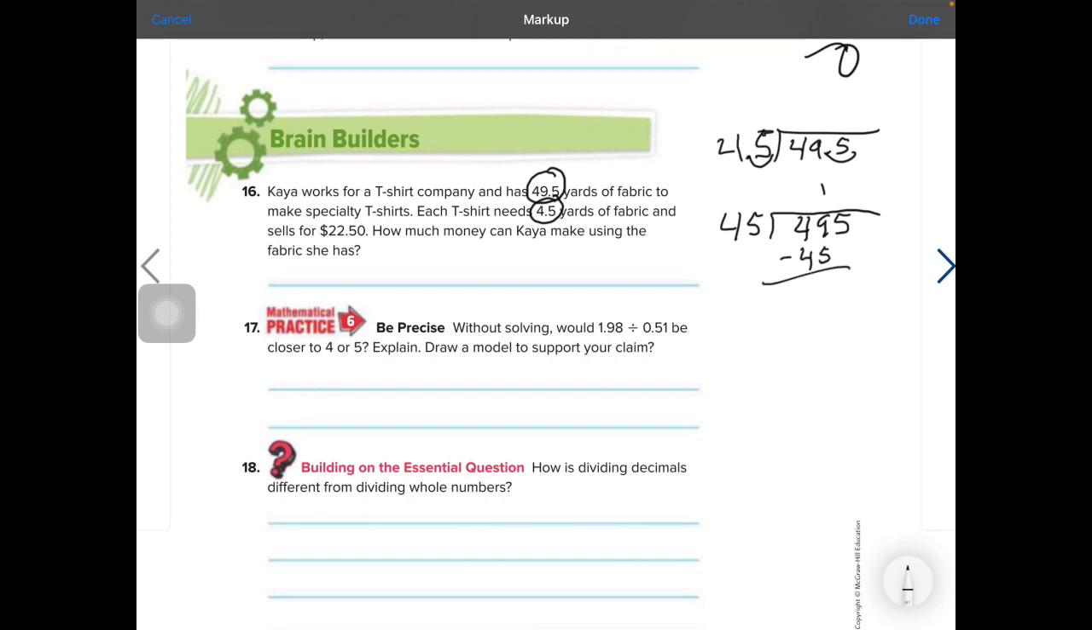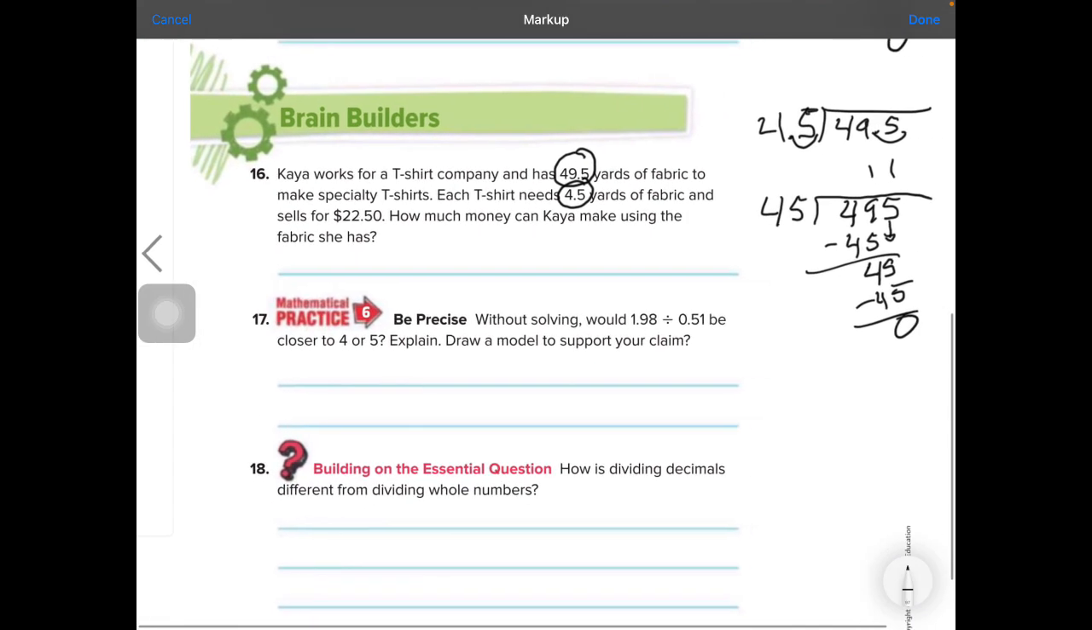Okay, 45 will go into 49 at least one time. 1 times 45 is 45. 49 minus 45 is 4. Bring down the 5. 45 will go into 45 one time. 1 times 45 is 45. 0. There's our 0. Okay. So we know that she can make 11 shirts. Now she's going to sell them for $22.50. Okay, so we're going to have $22.50